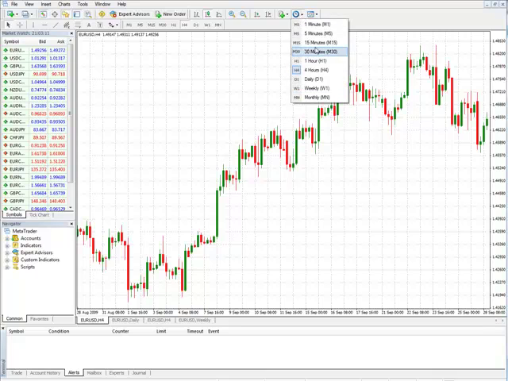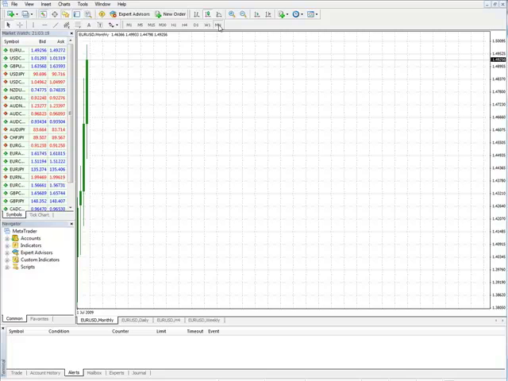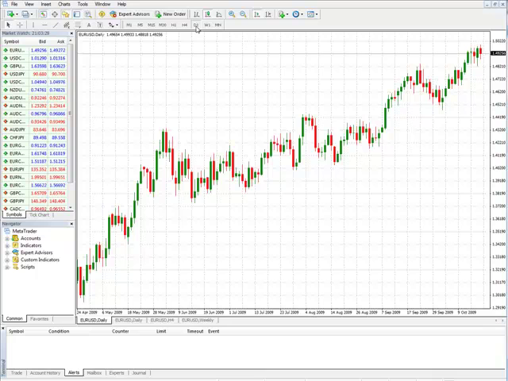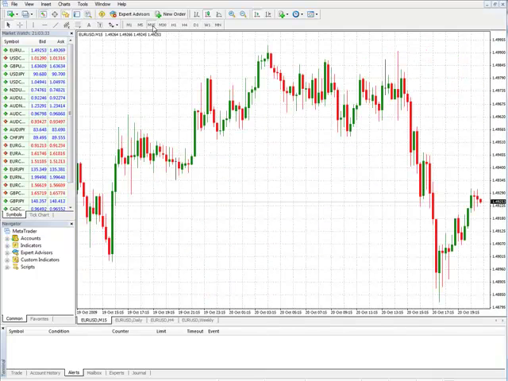But you can also do it over here. So it's simple to, I'll turn on auto scroll again. Monthly, weekly, daily, 4 hour, 1 hour, 30 minutes, 15 minutes,